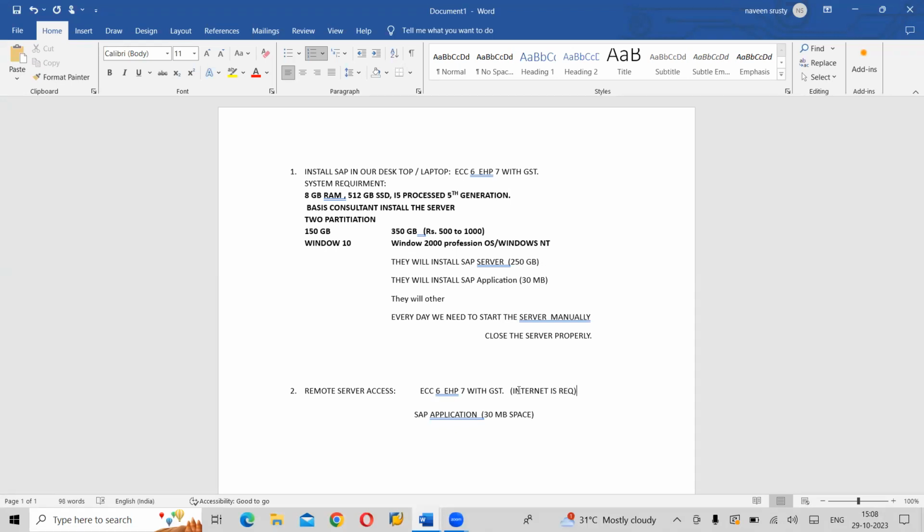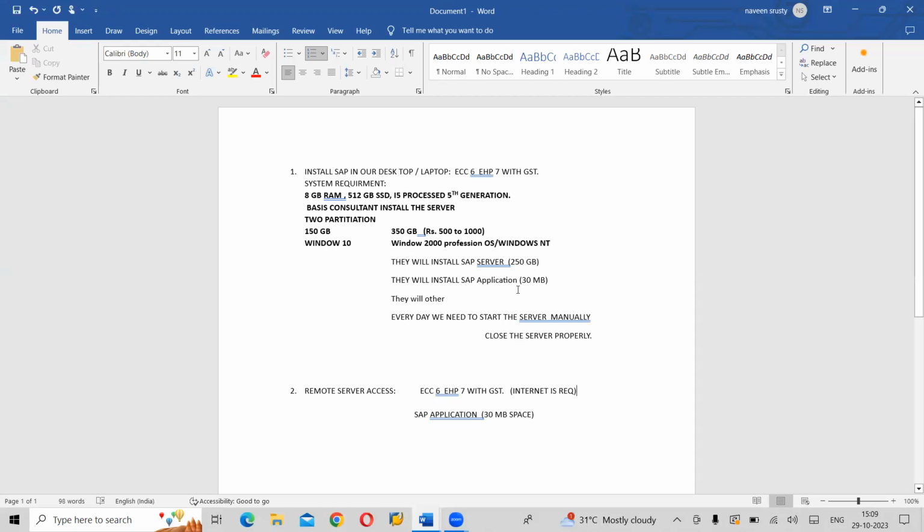Because the SAP server is at one place and your system is at one place, to connect with that we need to have a network. So internet is required. Only the SAP application will be installed, so it occupies minimum to maximum 30 MB space, not more than that.